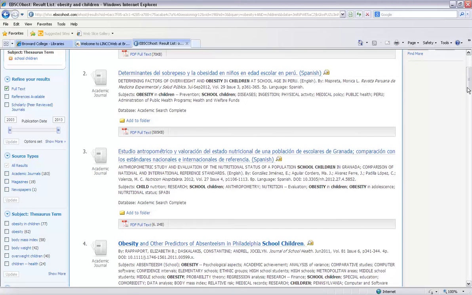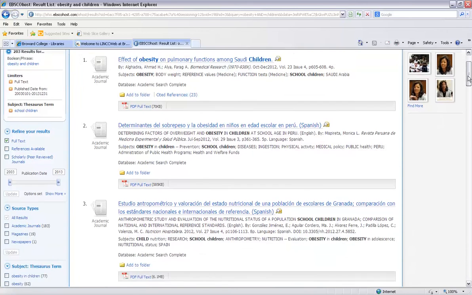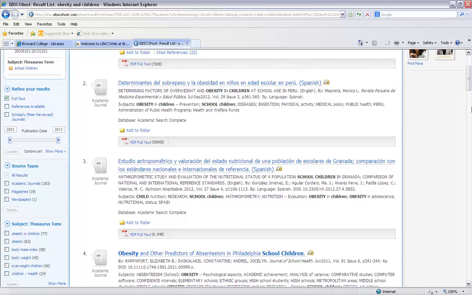And I could continue to narrow this with my subjects. You can see these numbers are getting smaller, or I could do the show more and get the whole list again. Or I could take this away if I didn't like the list and look at the whole list again. But from here I could start actually taking a look through my list and clicking into them and seeing which ones interest me, which will be the subject of